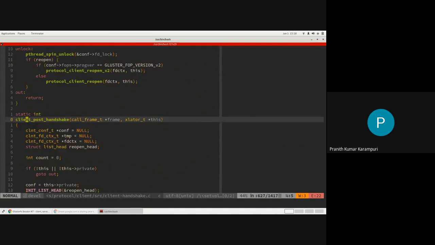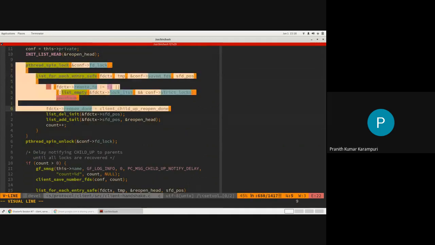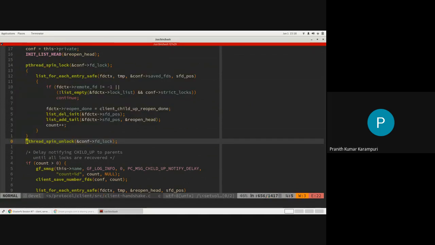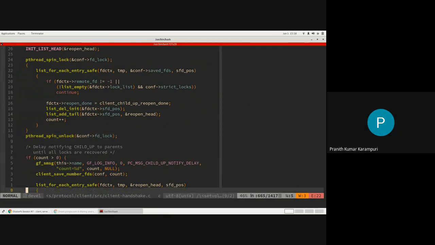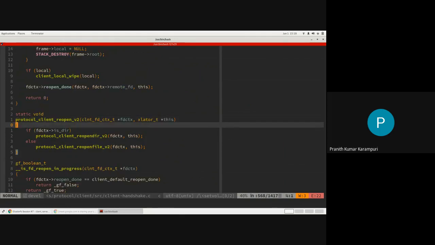Okay, this is the part where it will go over all the FDs that are marked bad. It will get that list of all the FDs that need to be reopened. For all of them, based on the FOP version, it will either call reopen V2 or reopen the older one.